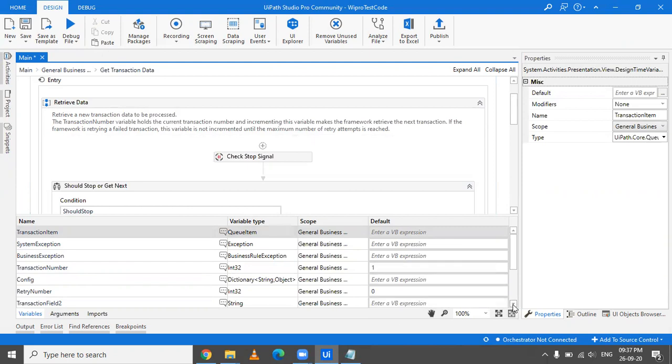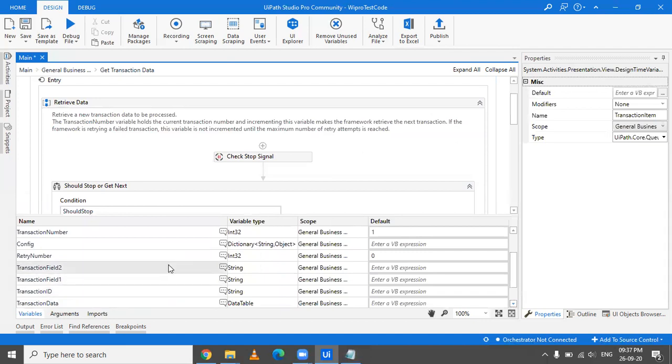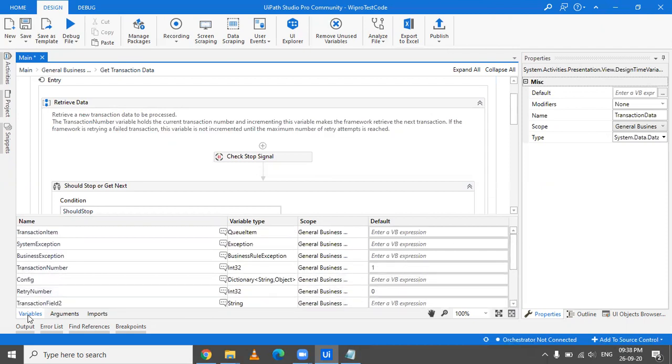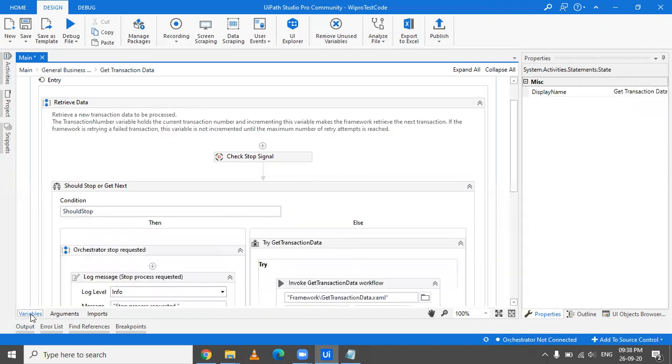And then you have transaction field 1, transaction field 2, transaction ID and transaction data. Though these fields are already defined, you can even delete or modify them, and if you want to add more, you can add them too.